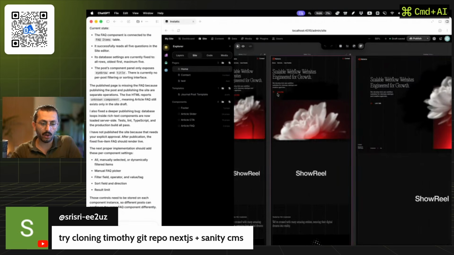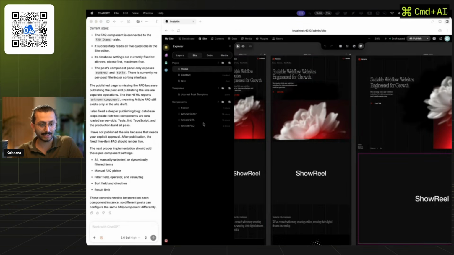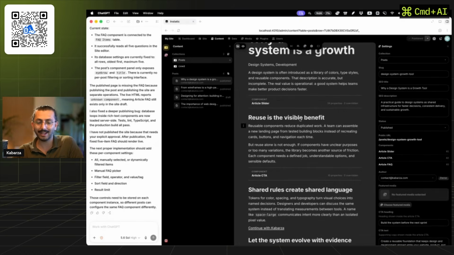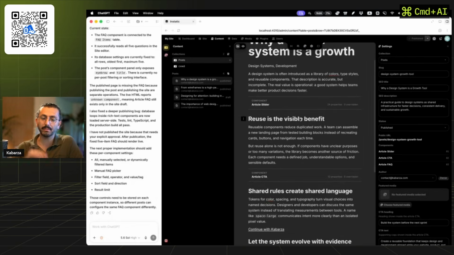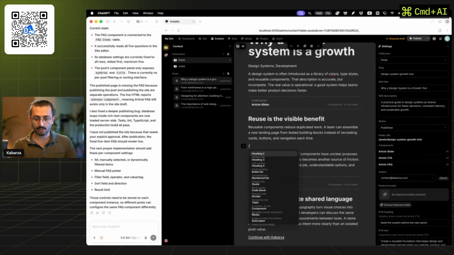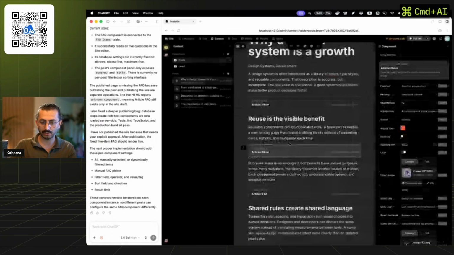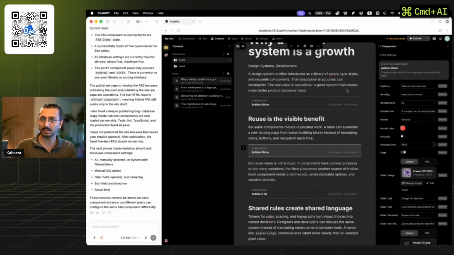So to bring all of this together, we have a concept similar to how Webflow has components. We have components here in Instatic as well, and then we have content. But what I wanted to do was to add components inside of the rich text and be able to put them anywhere I want. Instatic doesn't support that natively, so I just prompted it to existence. So I can now do slash and then say component, and now I have the components that I have. I can choose them like a slider, and that slider now exists inside of my